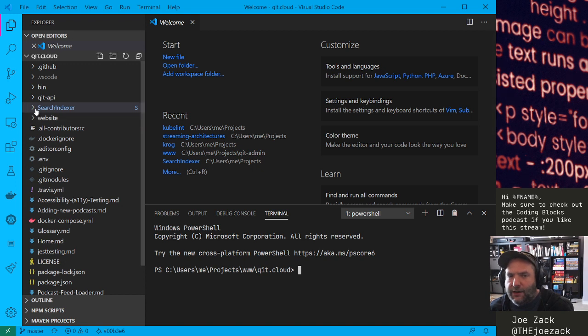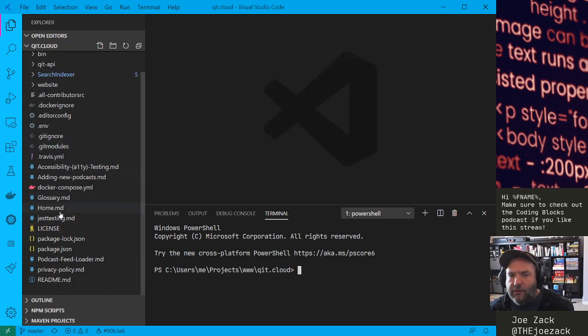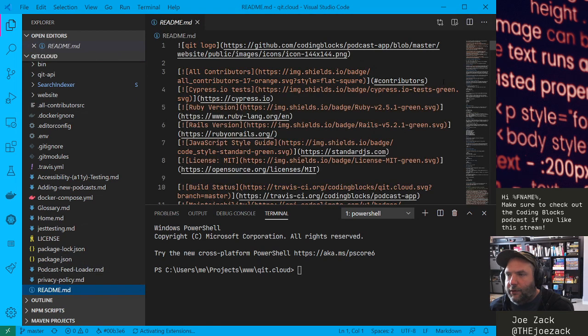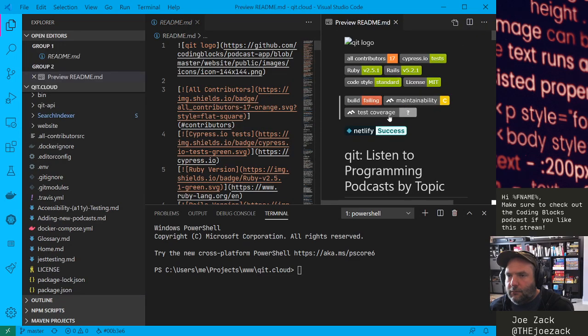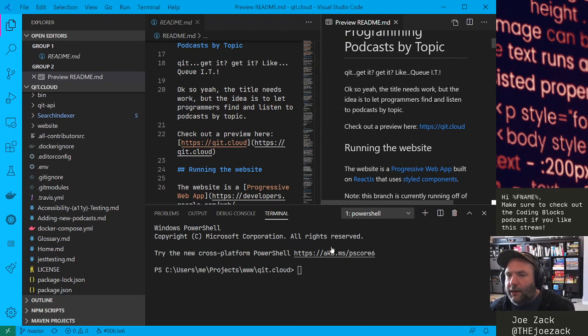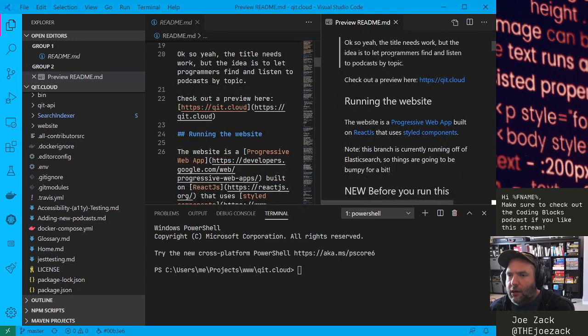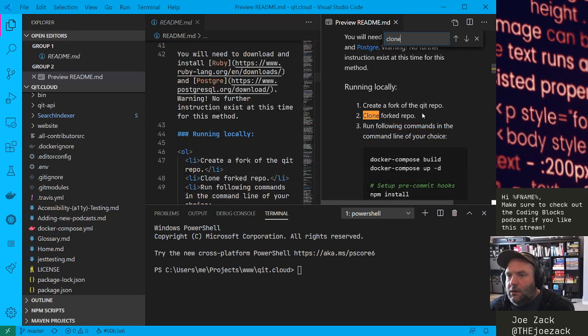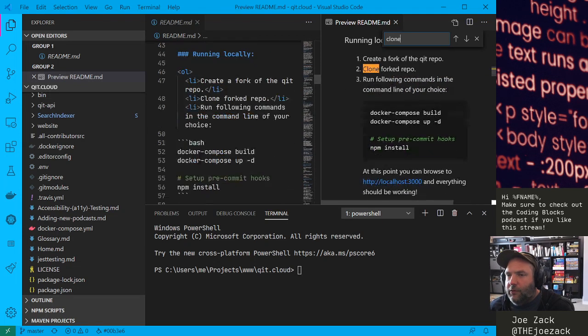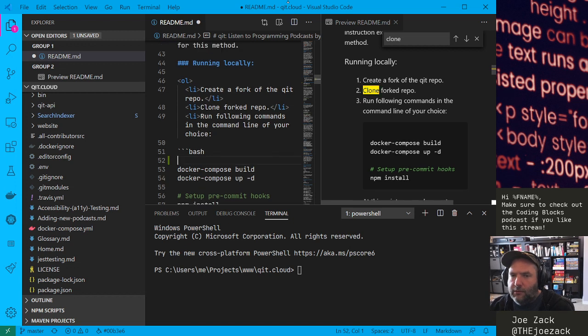All right. The thing about submodules is they don't actually pull by default, so I'm going to have to get into there. But before I do that, I'm going to pop up in the README because that's something that I know other people don't necessarily know. Preview. So I want to make sure that this is documented when we talk about cloning. All right, running locally. I'm going to skip the fork. We're going to clone it, and then tell you to run the following commands in the command line of your choice. So before we do this, actually, we also need to tell you to